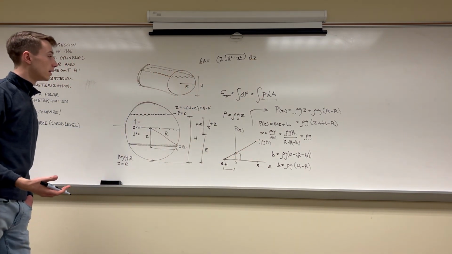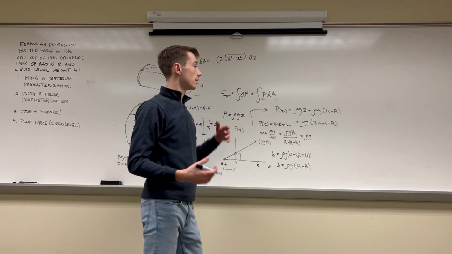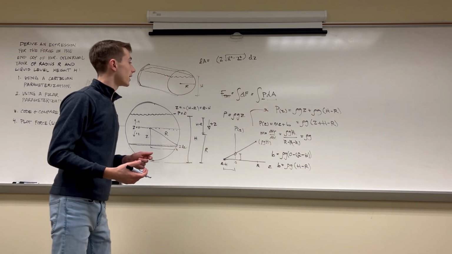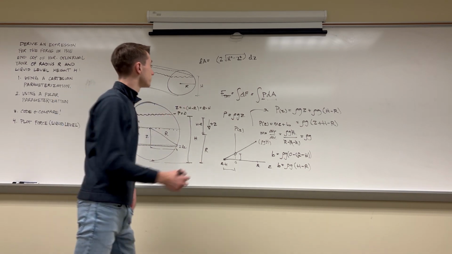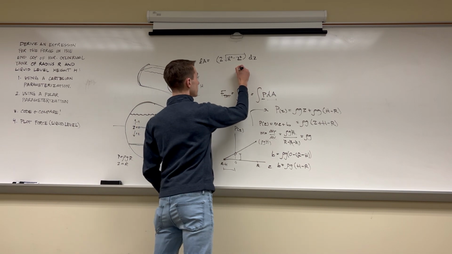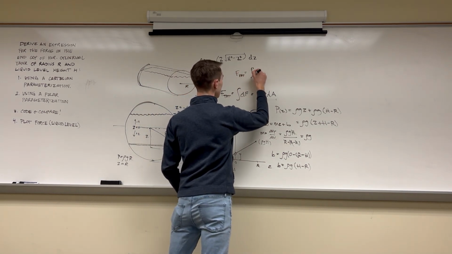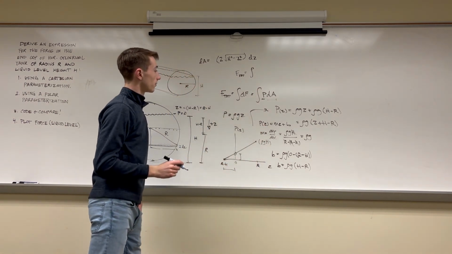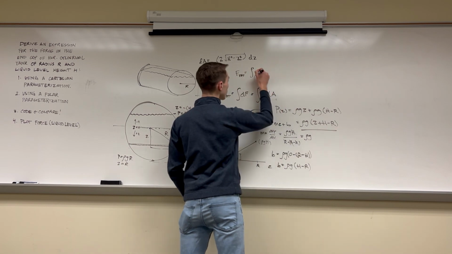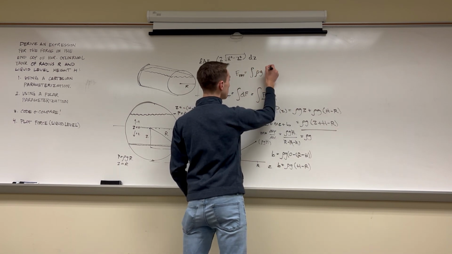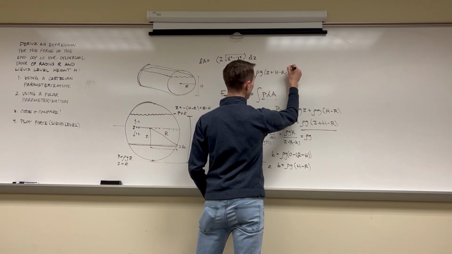Okay, so that's dA. We can put this expression together with our expression for pressure now, since they're both in terms of z, and we should be able to get our expression for total pressure, or force, excuse me. So we have force total equals the integral, then we have pressure, which is going to be this right here, rho g (z plus h minus r)